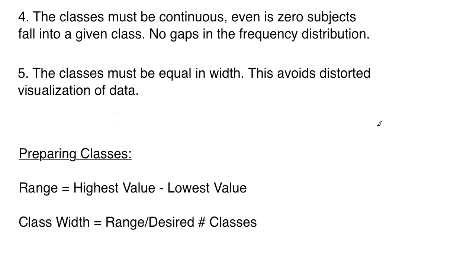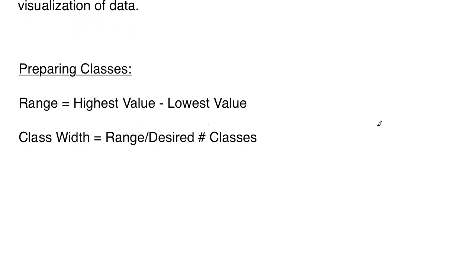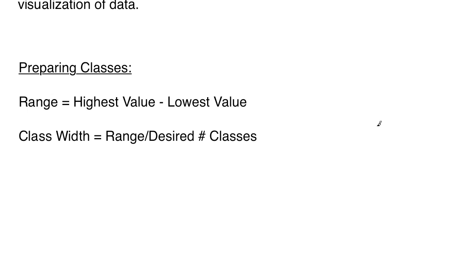So how do we prepare these in terms of the actual mathematics? So to prepare class limits, you want to find the range for the data set, which is going to be the highest value minus the lowest value. So if you subtract those two from one another, you will get the range. And then with that, you want to find the class width. So the class width will be the range that you get from that data set divided by the desired number